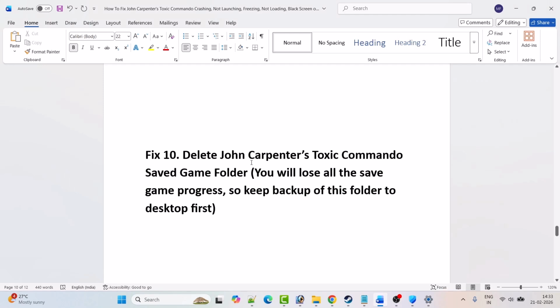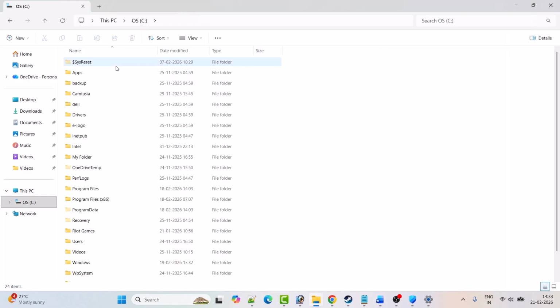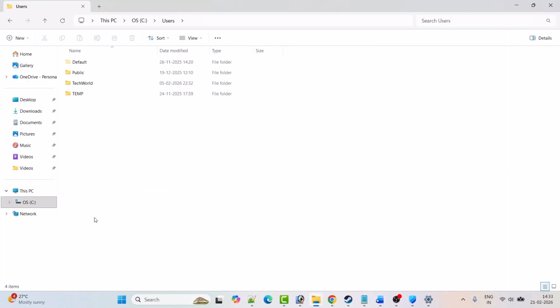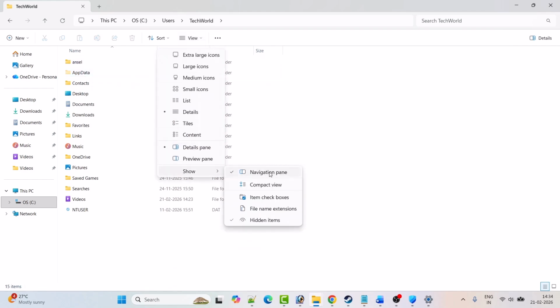Next fix is to delete the John Carpenter Toxic Commando save game folder. Please take note, you will lose all the save game progress, so keep a backup of this folder on the desktop first. Here is how to do it. Open File Explorer, open C drive, open users folder, open your username folder, then open the AppData folder. If you don't see the AppData folder, click on View, Show, and check mark hidden